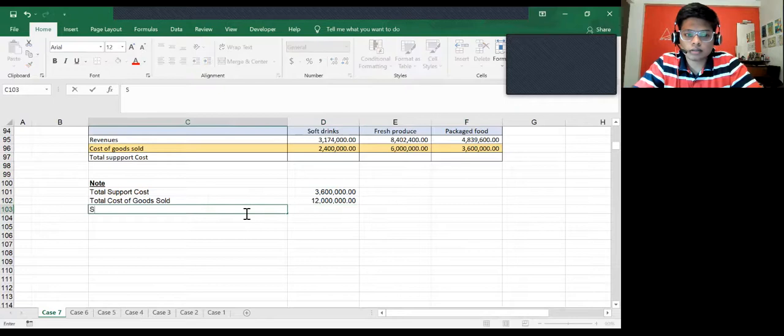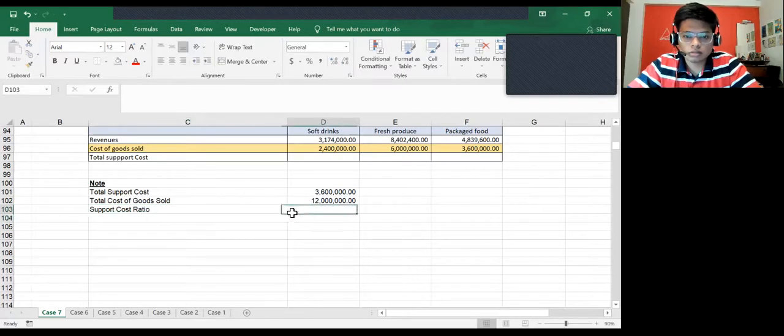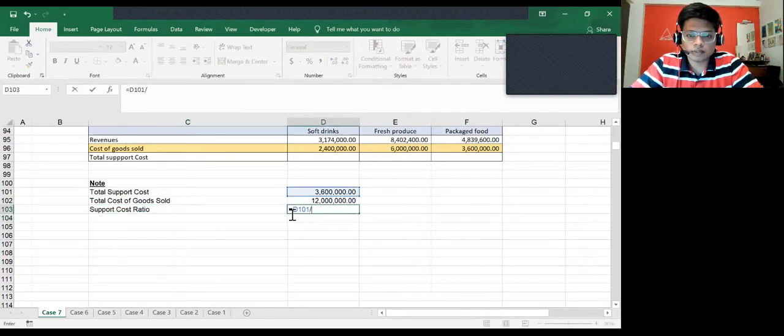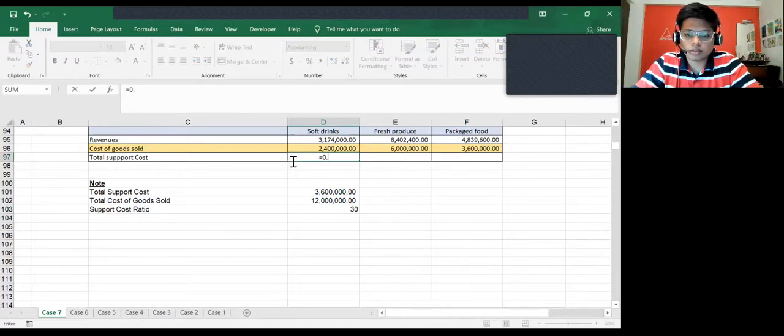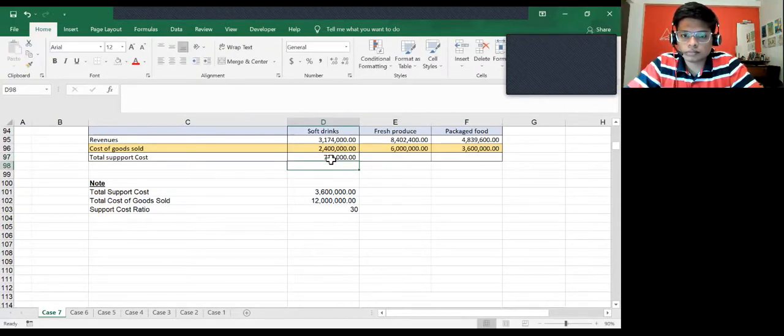So now I know that support cost ratio is equal to this divided by this into 100. So it's 30%. So I can directly do this as equal to 0.3 into this, and I can drag these and I'll get total support cost.